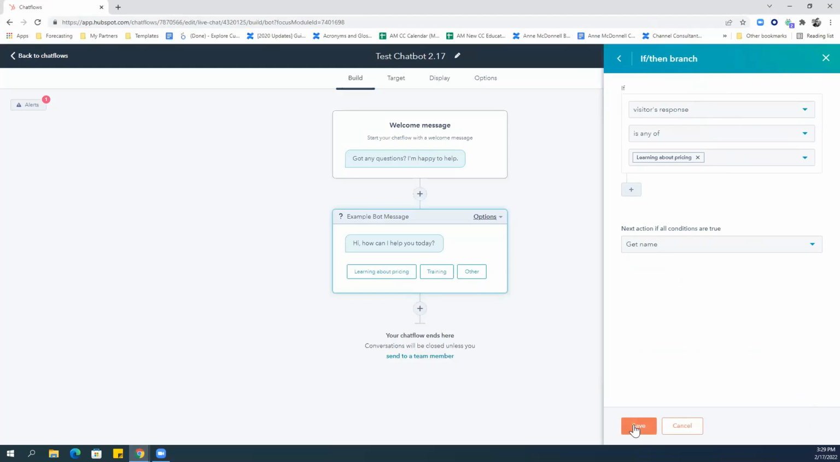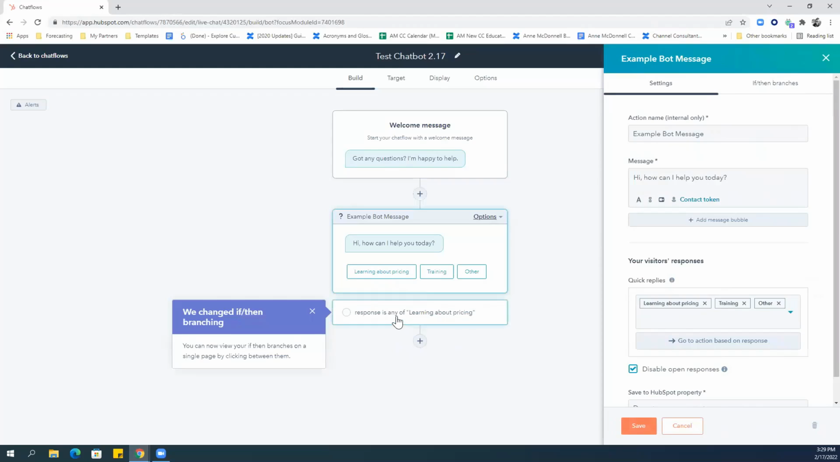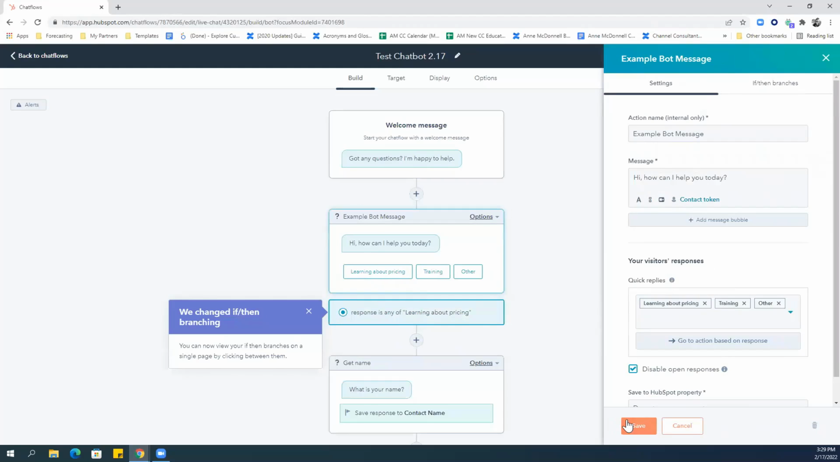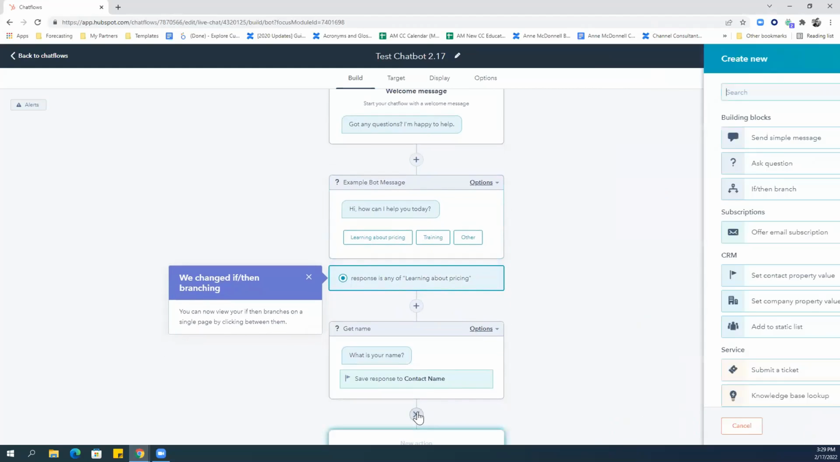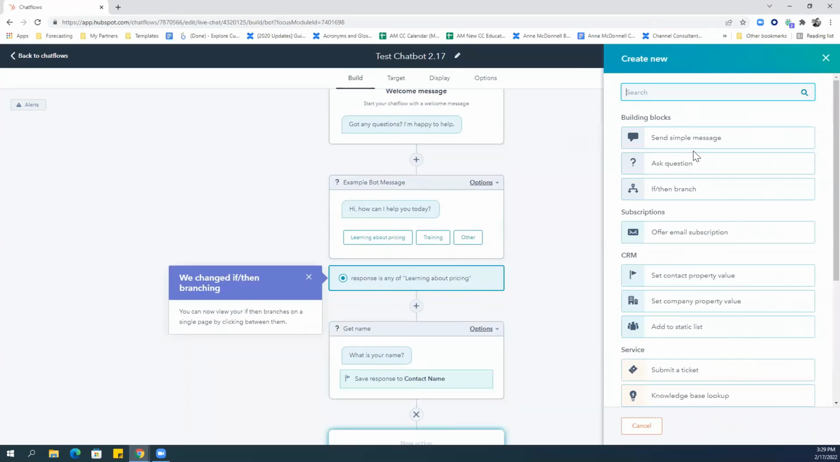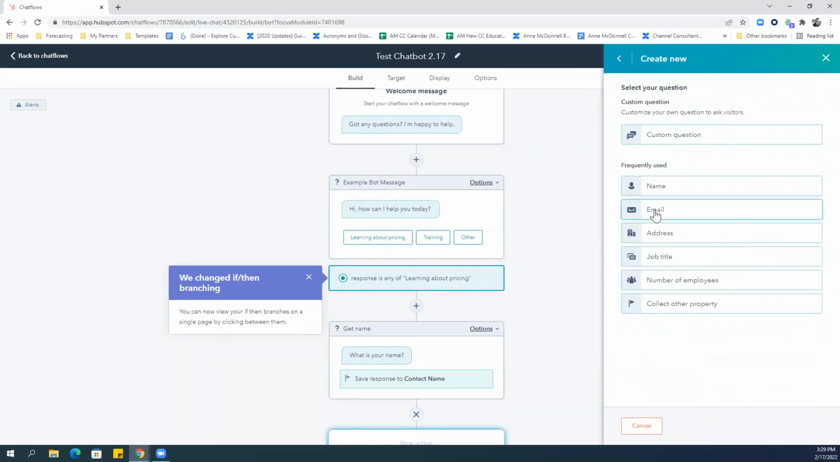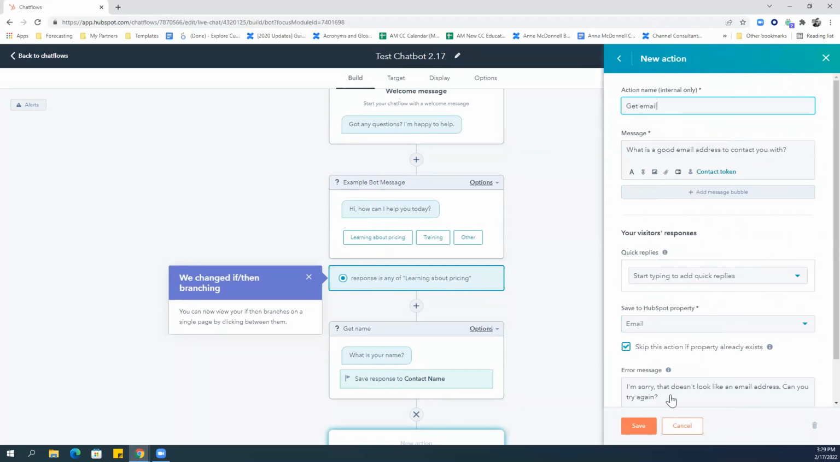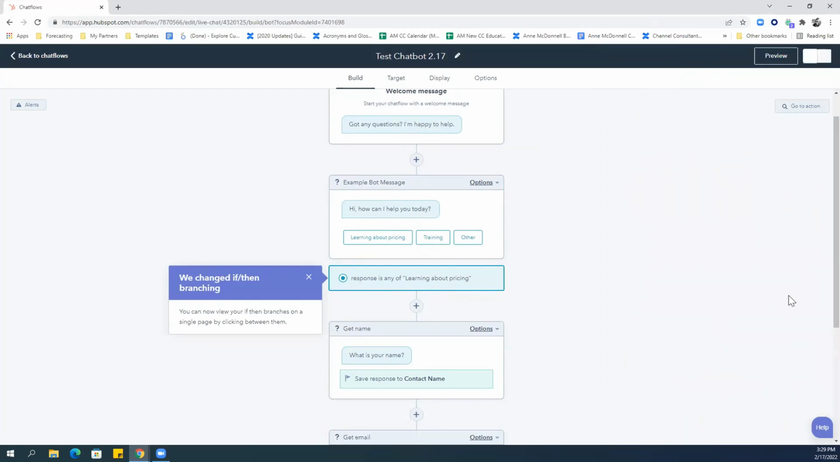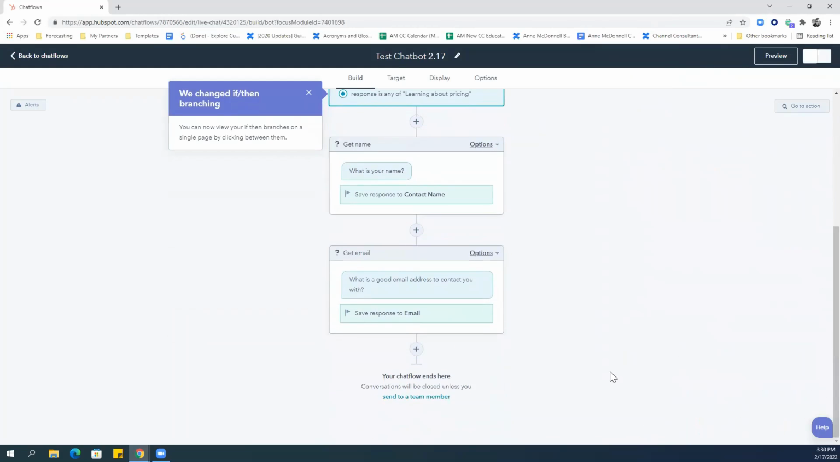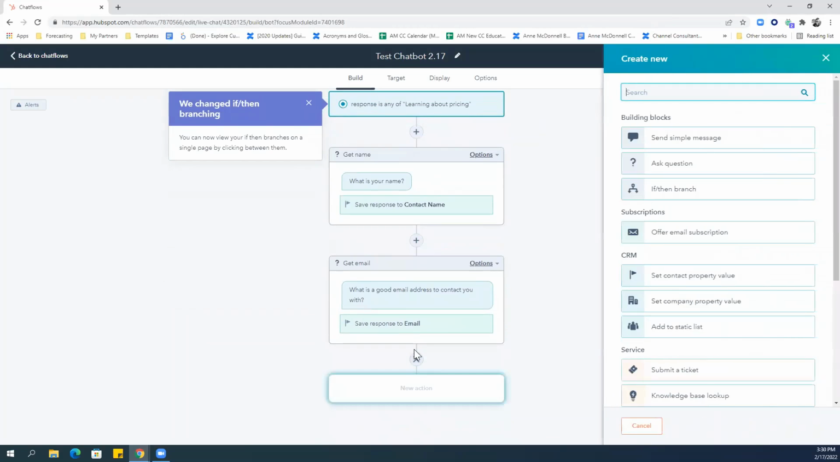Hit save again. I'm going to keep on adding to this particular option. So let's see here. I've added save the responses to the contact name. I'm also going to go ahead and gather their email address. Again, I've got the ability to skip the action if the property already exists. And then finally,